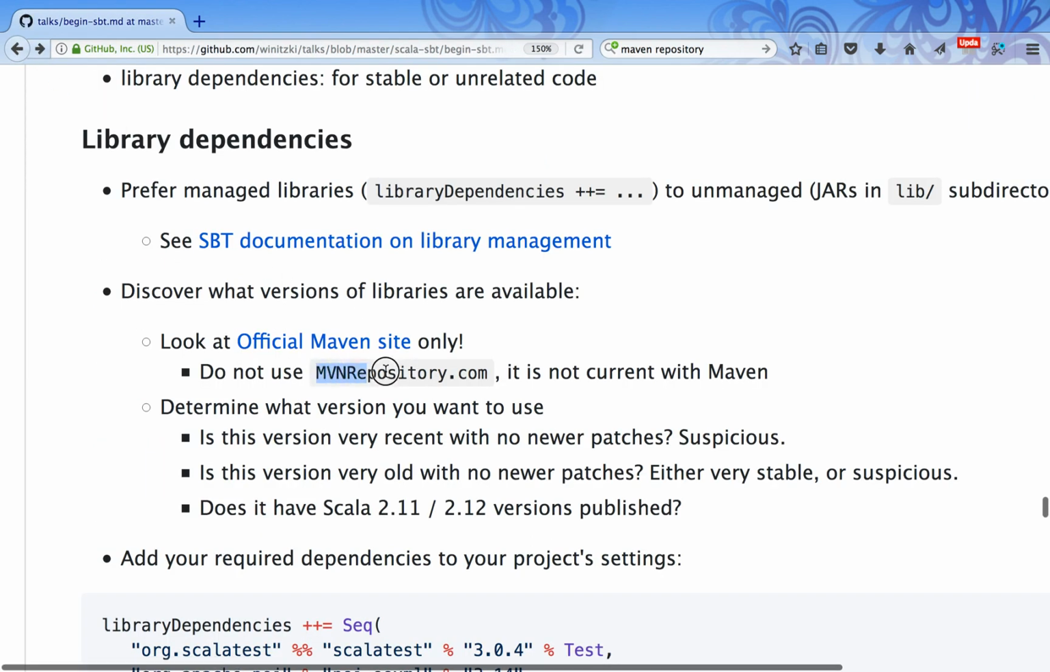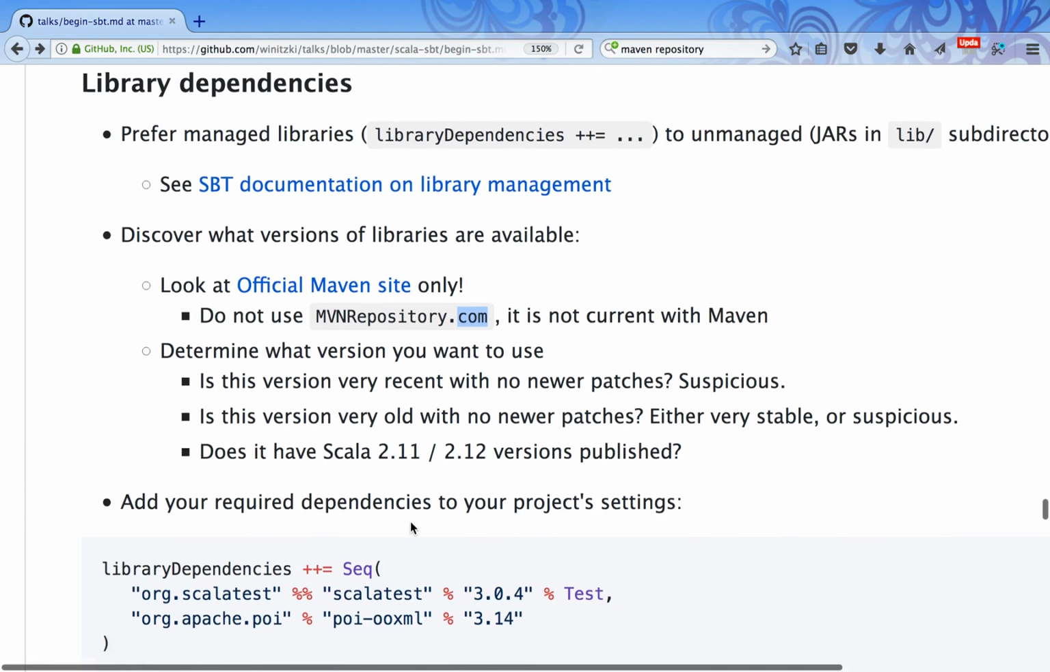That company, it's some commercial company that has nothing to do with maven.org. They have an outdated version of the database. They will give you more information but you don't need that information, and don't use them. Use official Maven site only. Search maven.org. So once you determined which version you want, with Scala 2.11 or Scala 2.12, add your